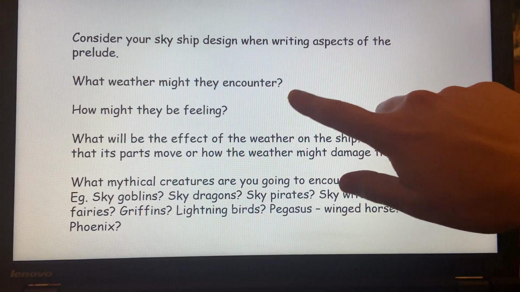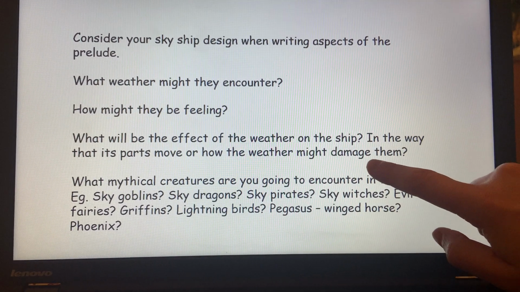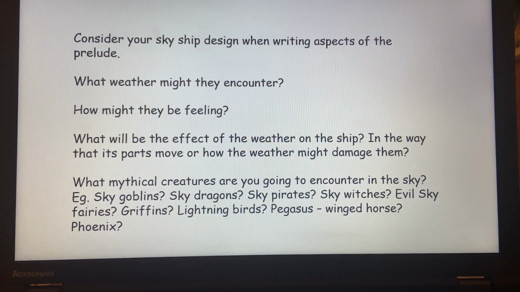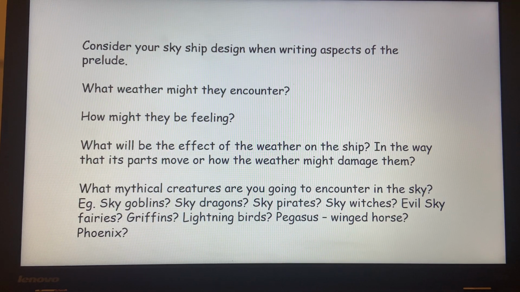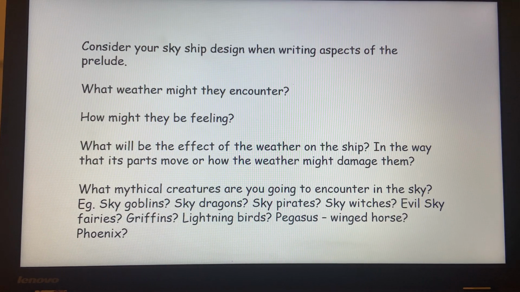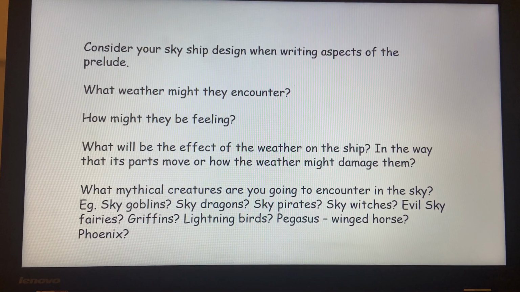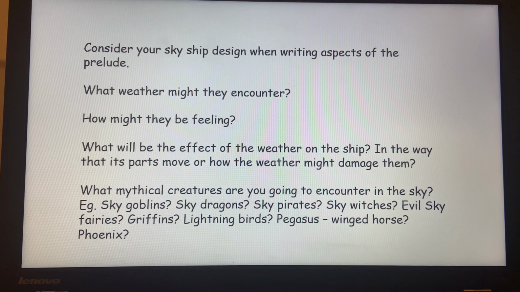What weather might they encounter? How might they be feeling? And what will be the effect of the weather on the ship? So how will the parts move, or how will the weather damage them? So is it, for example, you could write about in the sleeping cabin, for example,